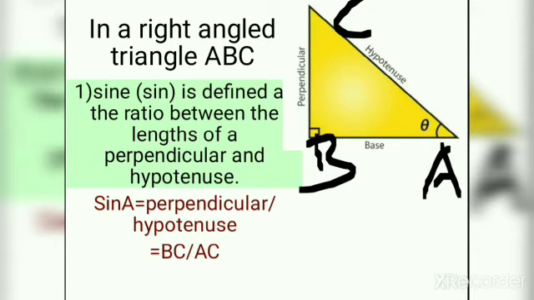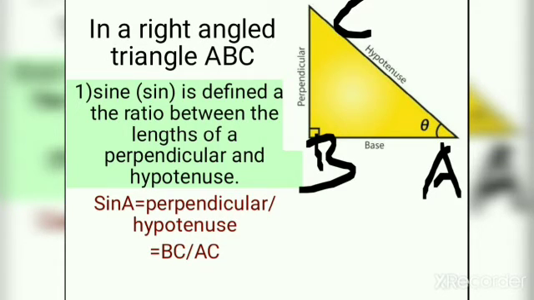So what is the sine? It is equal to perpendicular divided by hypotenuse. Since you are going to take the angle A, it is sine A, perpendicular divided by hypotenuse. So you can remember it as SPH, that is, sine is equal to P, perpendicular, H, hypotenuse: perpendicular divided